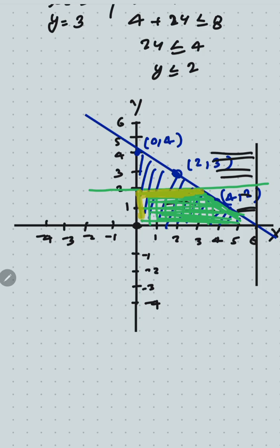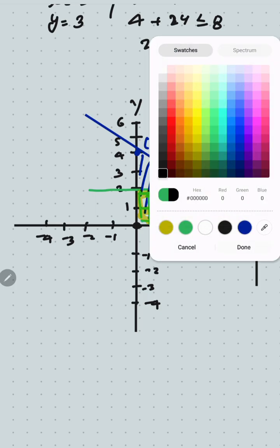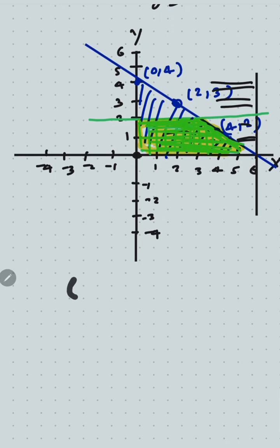This region will be common in all conditions, and the points included are 0 0, and this point also, 6 0, and this point we find from this line and this line, then this point will be 4 and 2,